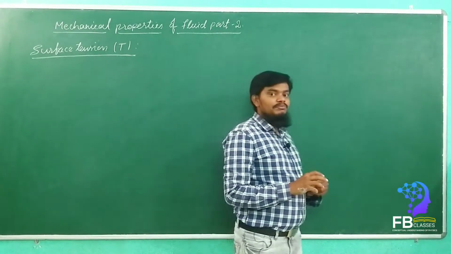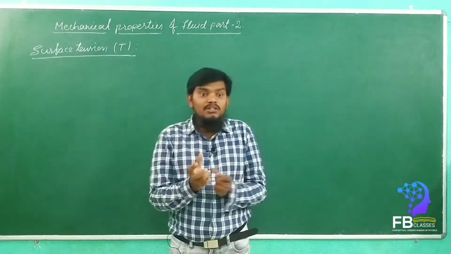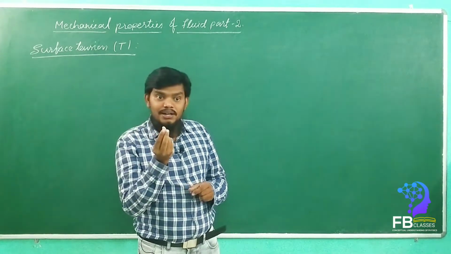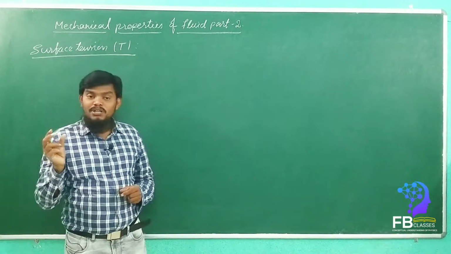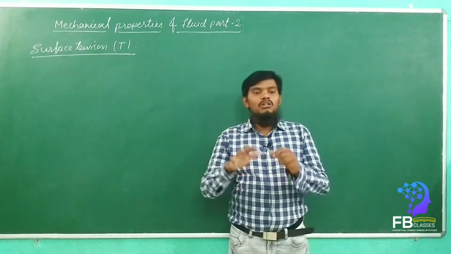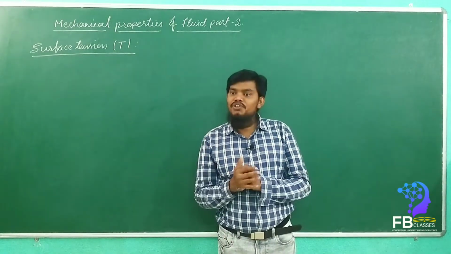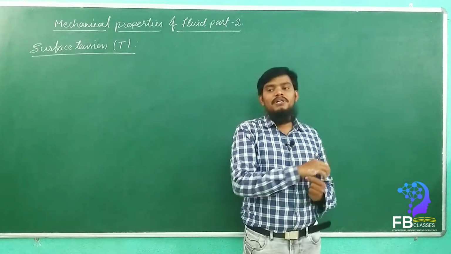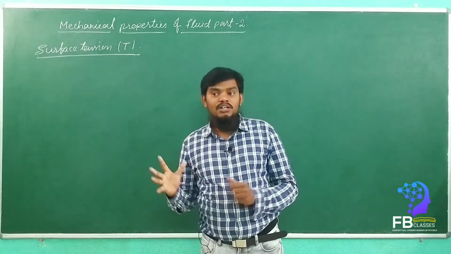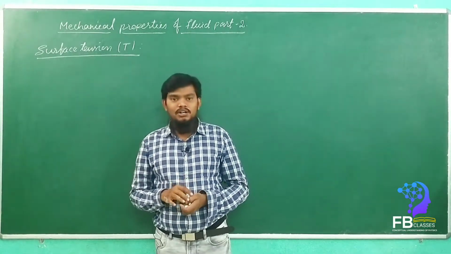In the same manner, the water drops, which shape will the water drops be? Is it a square or a sphere? It is a sphere, yes or no? Water drops are always in the shape of a sphere. These are all phenomena of surface tension, applications of the phenomenon of surface tension. These things happen only due to surface tension. What is surface tension? We are going to learn it in a very clear manner with conceptual understanding.